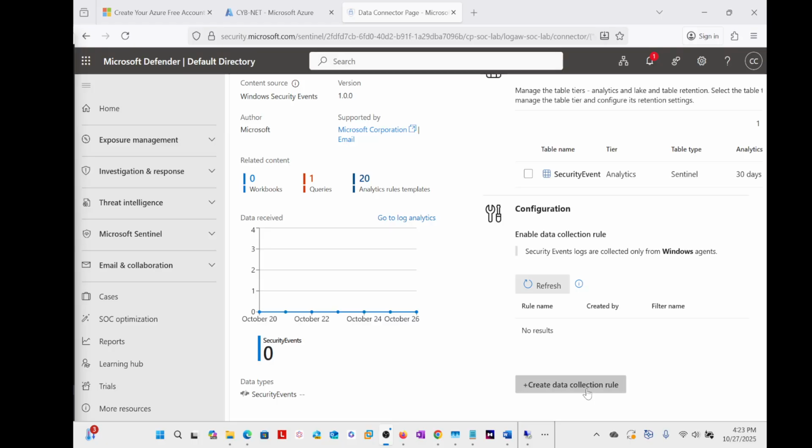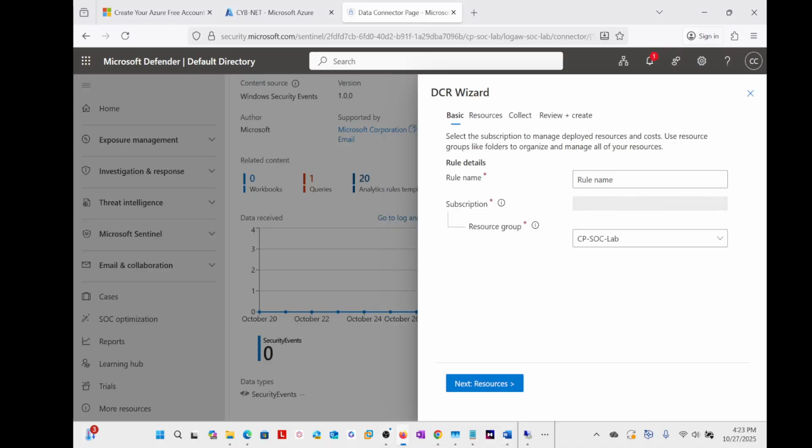And this allows us to access the security information and event management, aka SIEM. So we're going to create this and give it a name. It has, from the DCR itself,